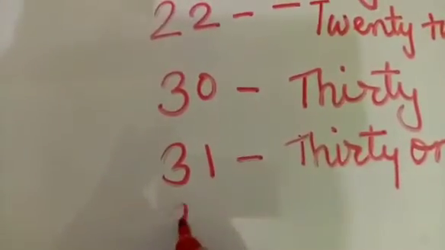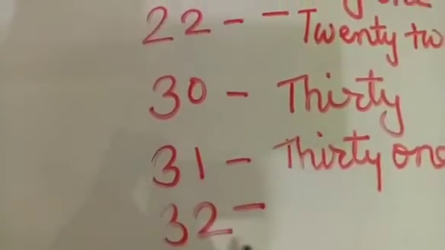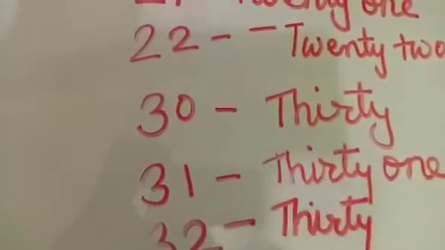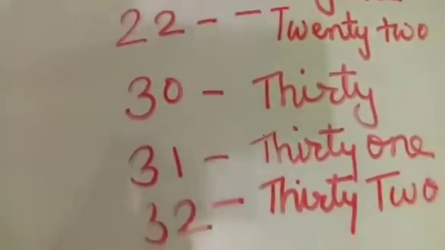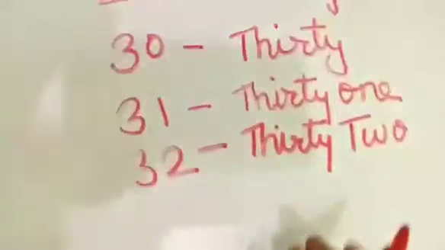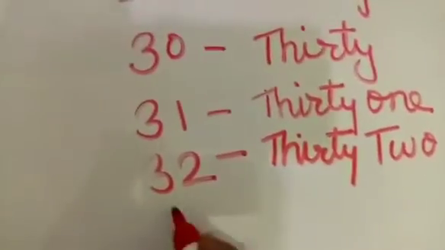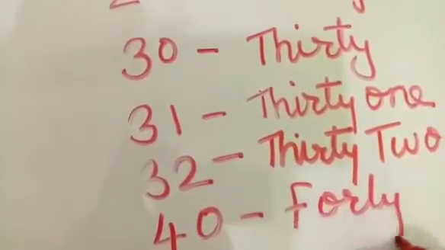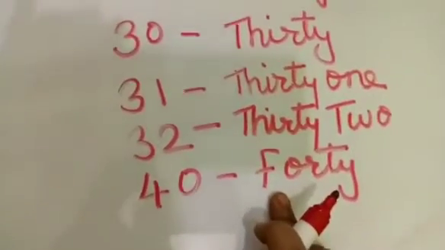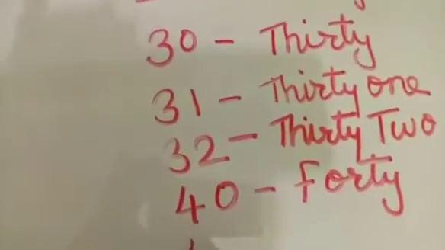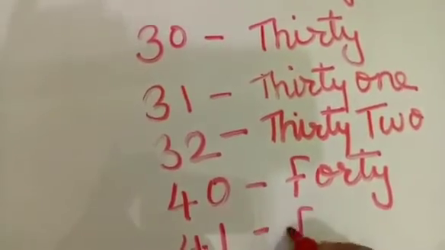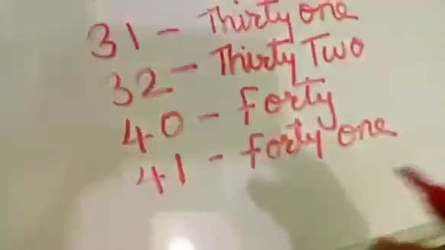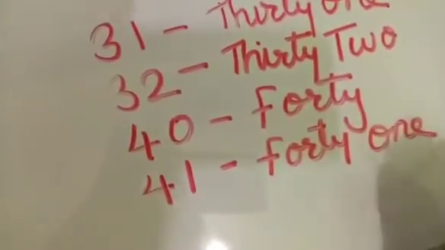Okay, one more example, that is 32. 30 हमने अभी spelling learn किया, and 2 which is already you know. Okay, तो आप 39 तक you can easily write. Then comes 40. अभी आपने 40 की spelling learn किया तो आप 49 तक लिख सकते हो. For example 41, same आएगा 42, 43, 44, 45, 46.